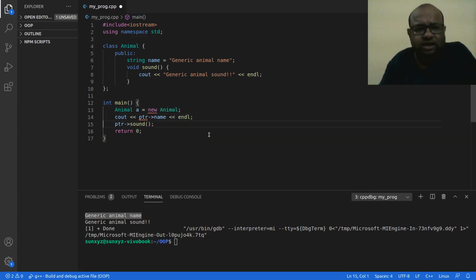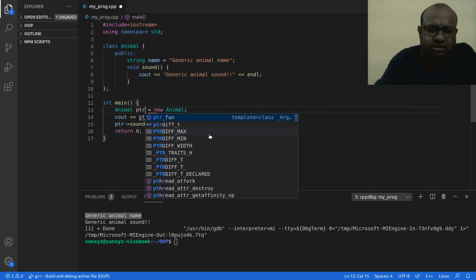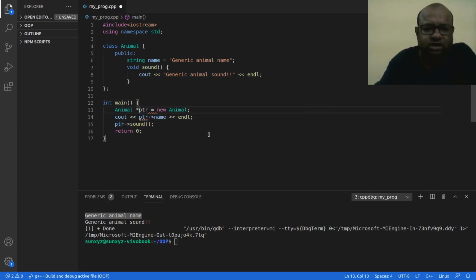The new returns a pointer to this object, right? So I have this animal pointer pointing to this new animal, an animal object that is created on the heap, right? So I access the attribute of that object, and I access this method sound of that object, right?